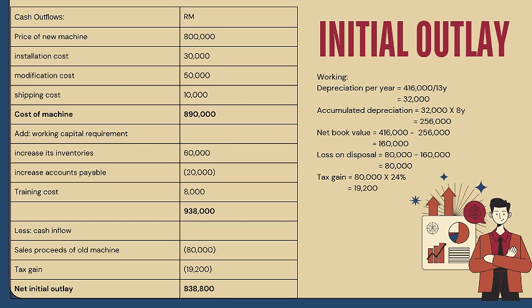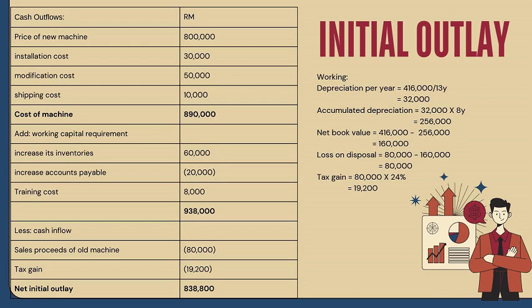To calculate the initial outlay, first determine the cash outflow, which includes the price of the new machine, installation costs, modification costs, and shipping, bringing the total of costs to RM819,000. Next, we add the working capital adjustment, including an increase in inventory, an increase in accounts payable, and training costs, resulting in the total cash outflow of RM